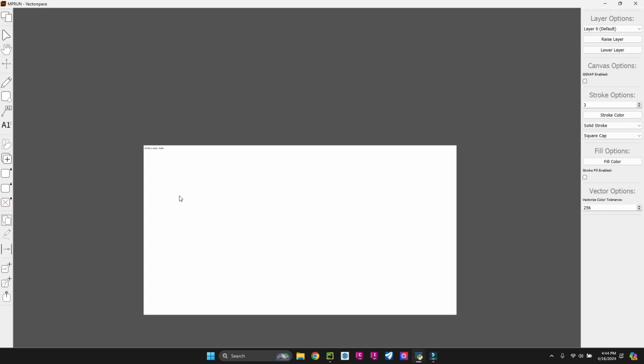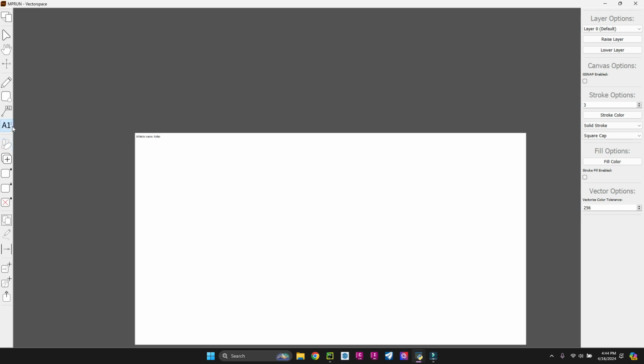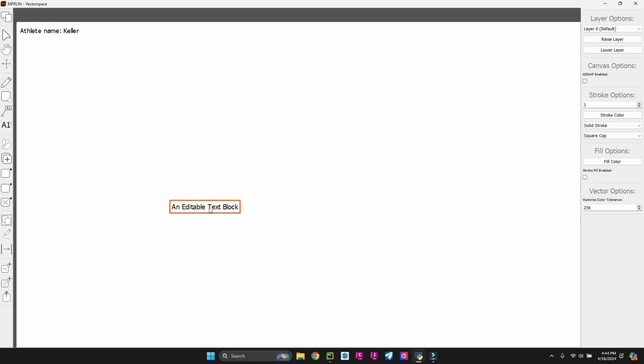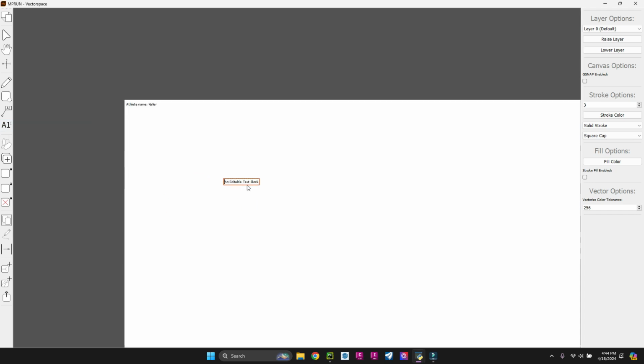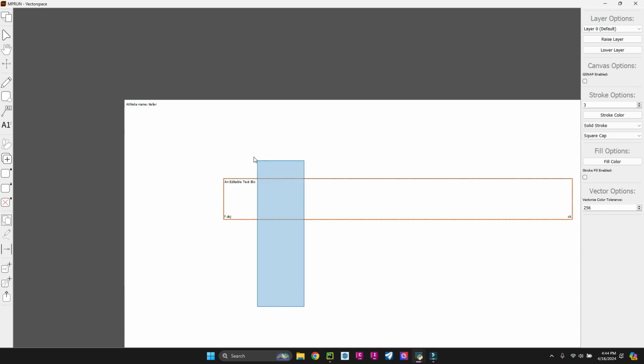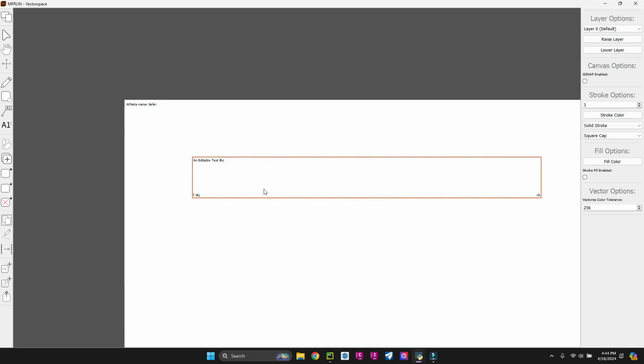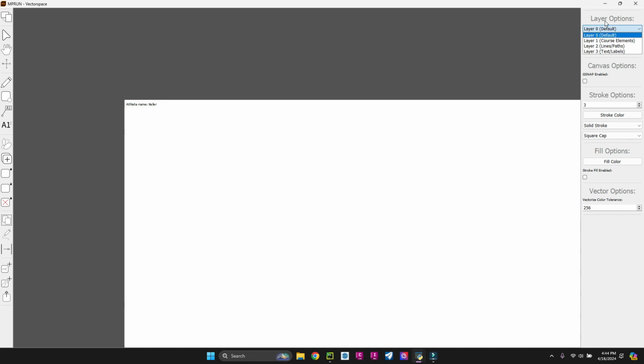So there's that, and by the way, you can add text with the text tool, which is just Command T. This is just an editable text block. You can make it as big as you want, as wide as you want. See? So I think it's safe to mention there's also layer management too, which you can set